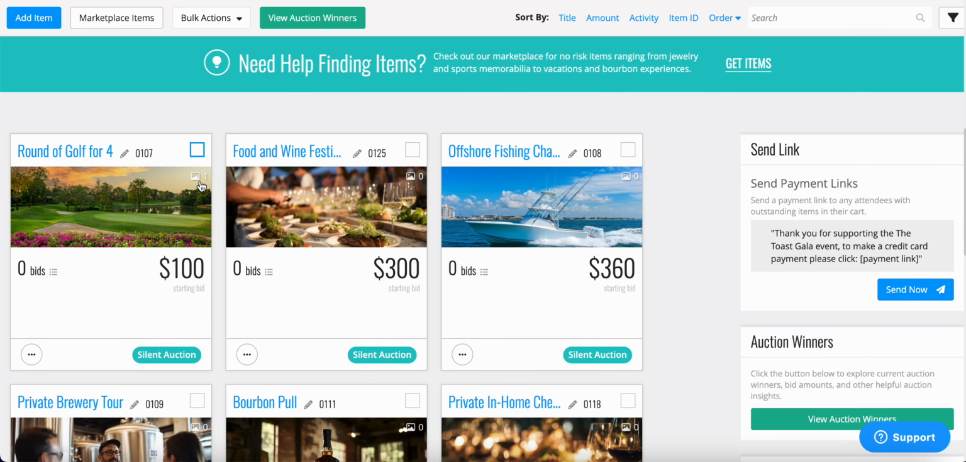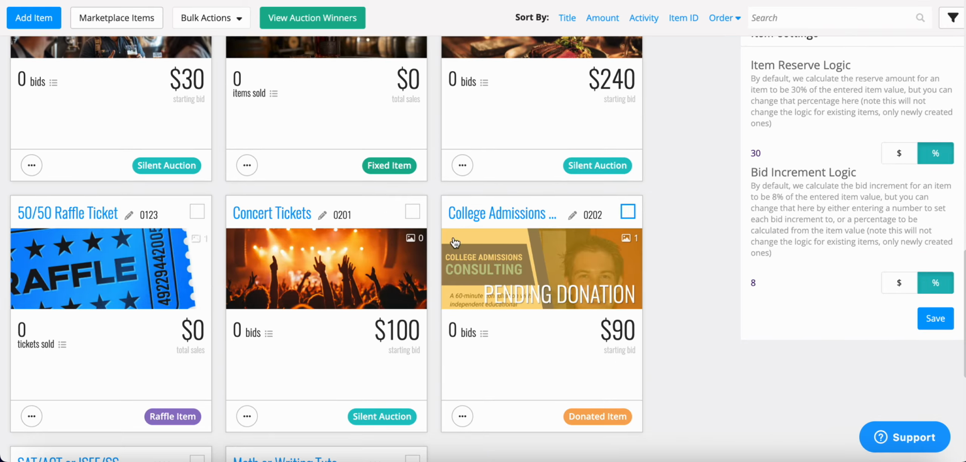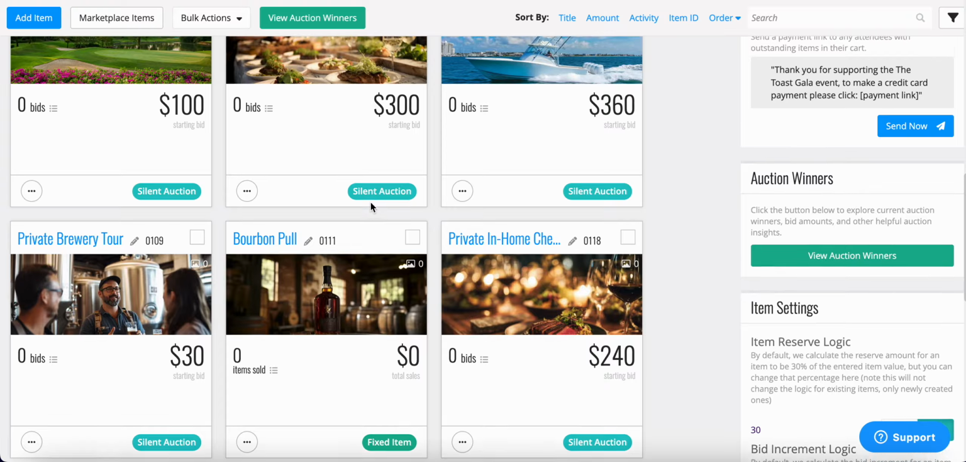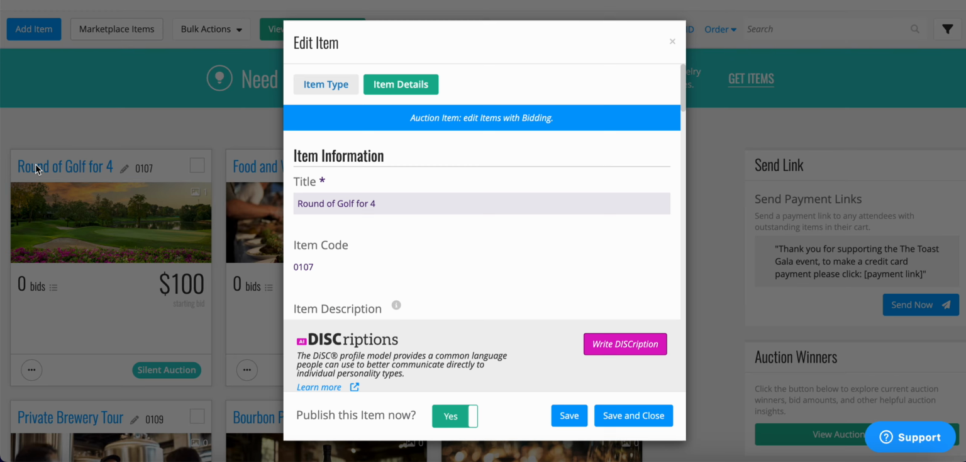Heading down here, we will go ahead and review this first auction item here. You'll note on each individual item tile, it will say the item type here, and it will also show that on the event site as well. So if we click into this round of golf for 4,